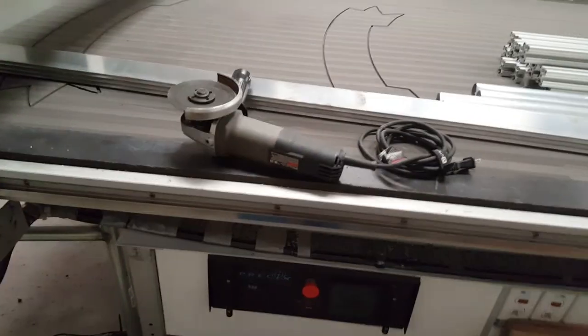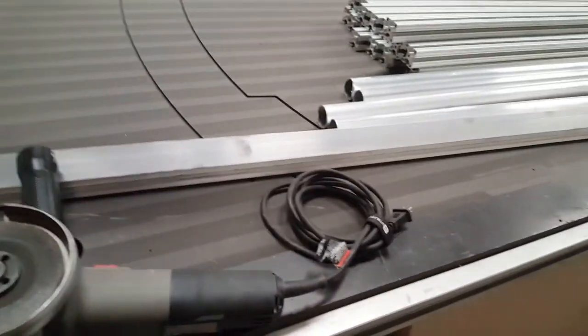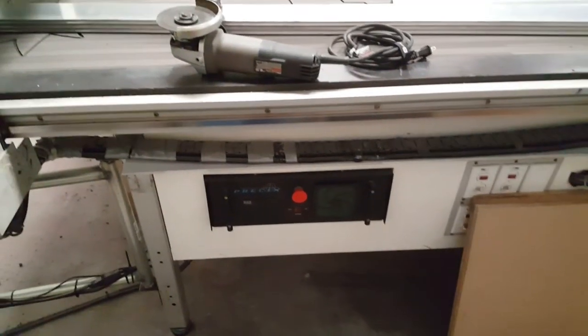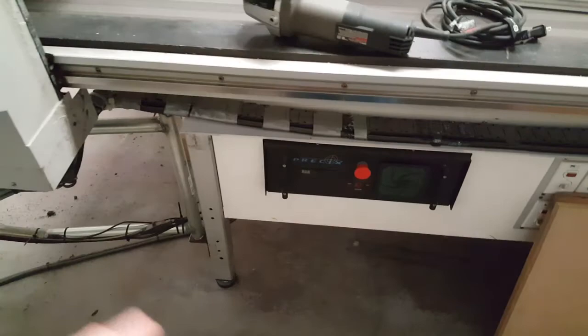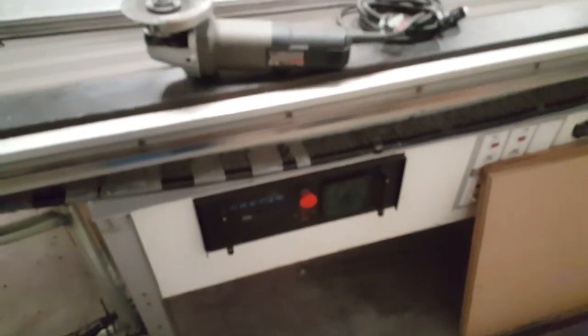I also replaced, and this is the reason why it was brought to me, the original failing hard disk drive with a compact flash card hooked up to the IDE chain. The original hard drive was a 2.1 gigabyte Fujitsu, and it was failing, and some of the system files got corrupt and caused the machine not to register the network properly. It did have a network card in it at one time, but it was removed, and that was probably why. So I put a network card in it, and I had to reinstall QNX 4.25, well, sections of it,